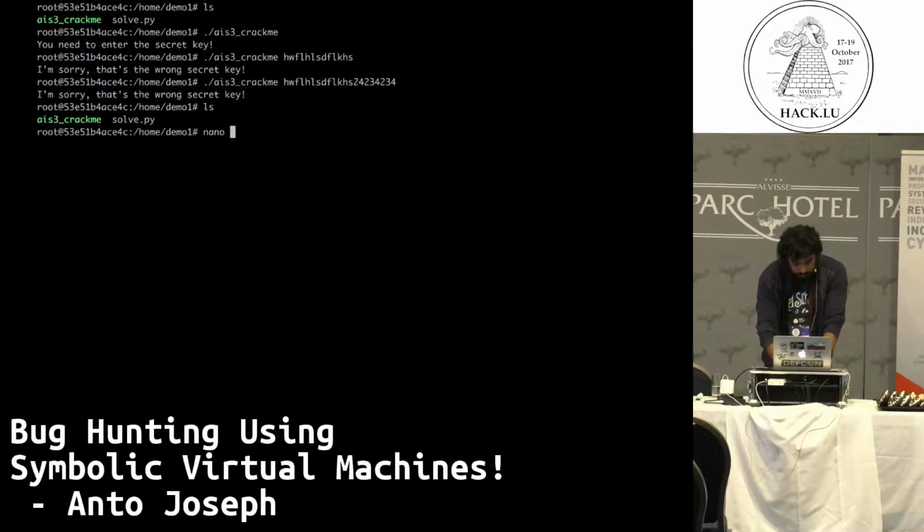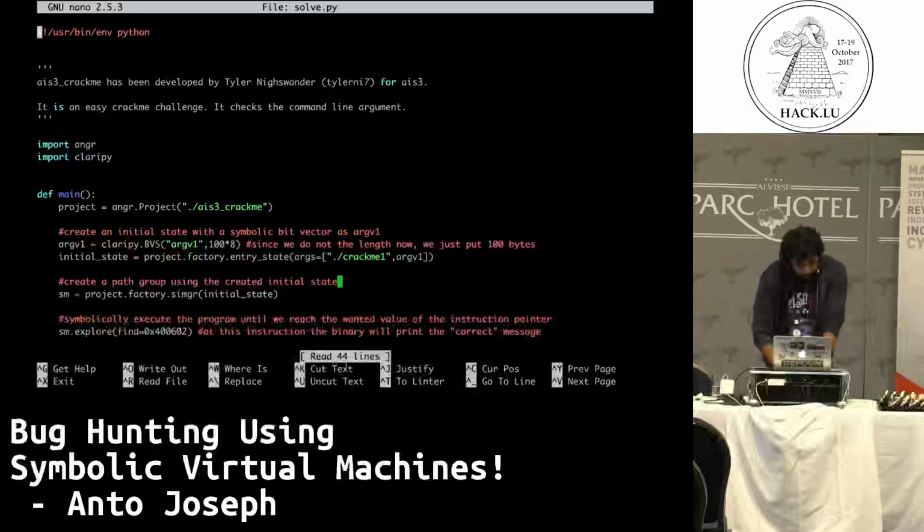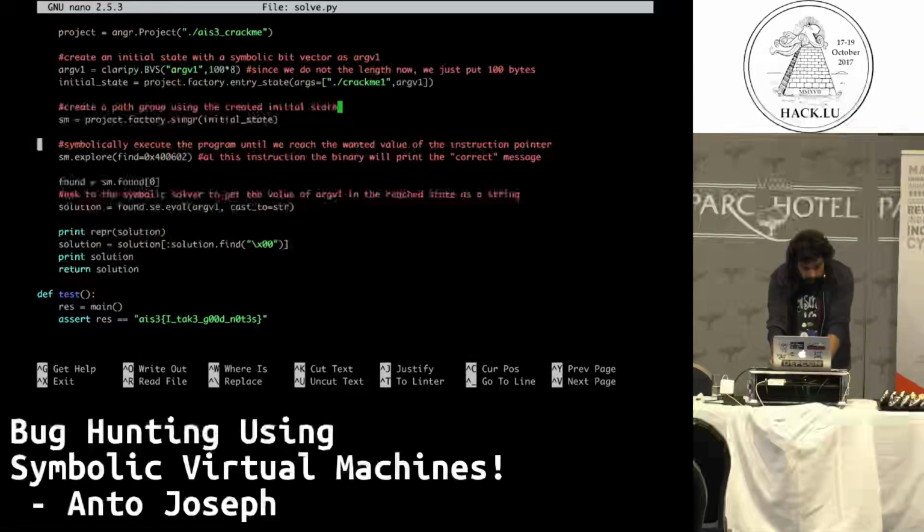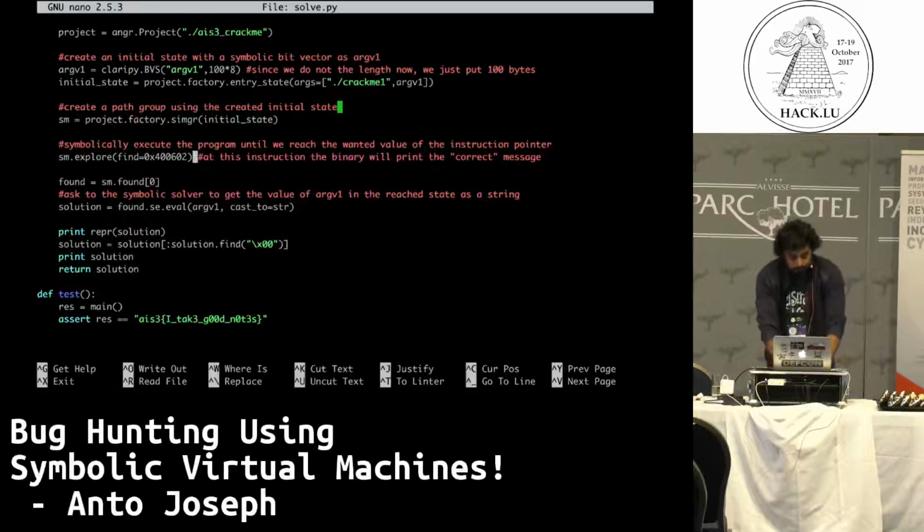Let's take a Python file, sol.py, and this is just the angr script. You basically create a project. Everything in angr is a project. You give it the binary name. You state that the argument is what you need to be symbolized. I don't know the length, so give it like 100 bytes. And I am basically asking angr very politely, just find me this particular offset, 400602, and let's see if it works.